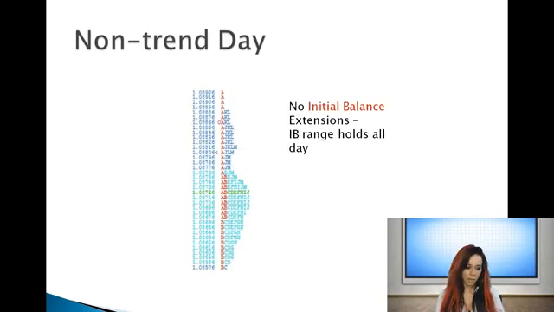Starting with the non-trend day. So remember, we're looking at these red letters. So we're looking at this initial balance to see what the day type might be. So this is what a non-trend day looks like, okay? In case your day isn't done yet, because this one is done, we have the M letter, which means the profile is done. But in case you're looking at these red letters and everything starts printing structure and the day is still developing, but there's no extensions of the range,